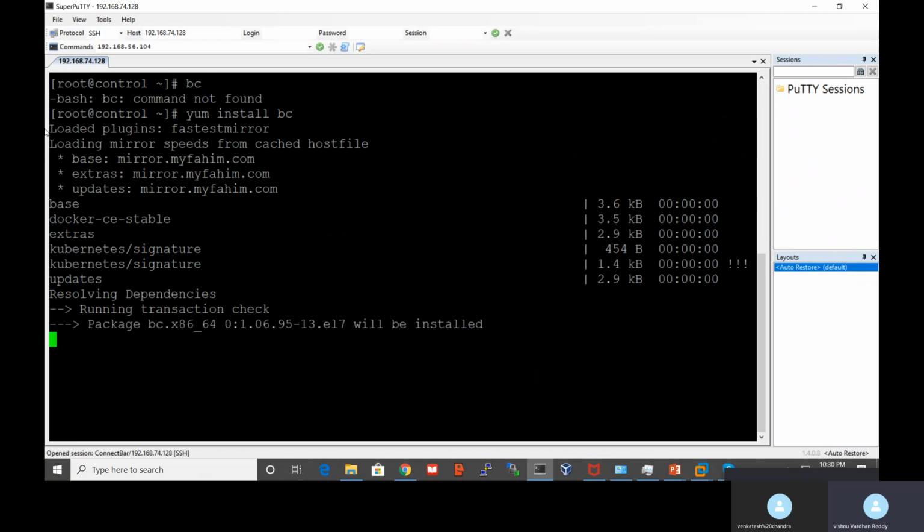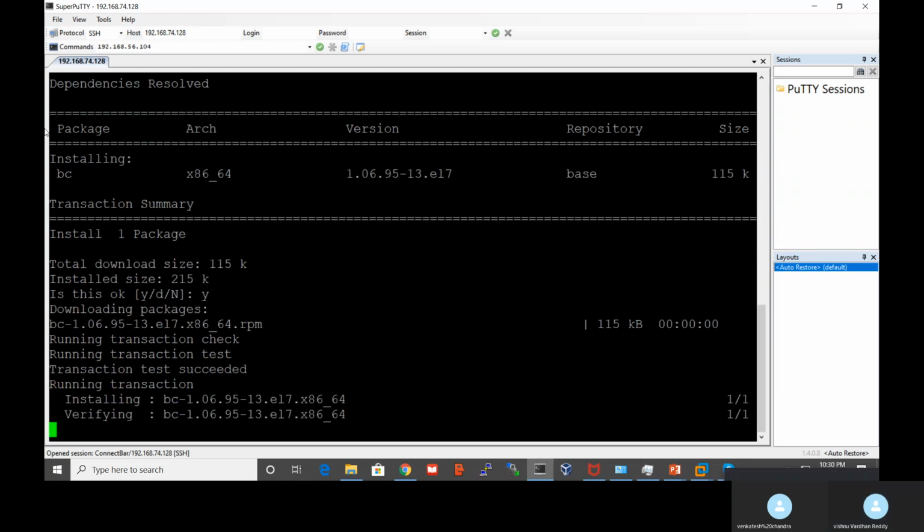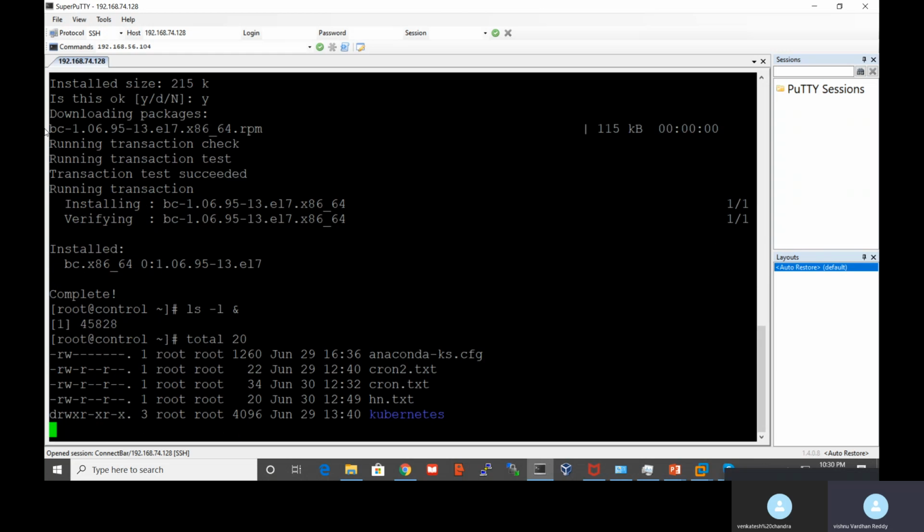I forgot to tell one command. How to run a process in the backend? How to run a command so it executes in the backend? After the command, you need to mention the ampersand symbol. So ls -l and the ampersand will run it in the background.